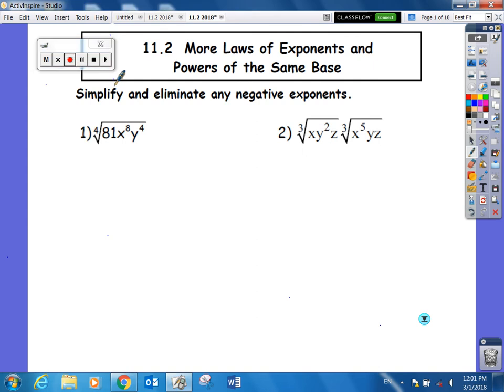All, be sure that you are looking at those laws and the properties if you don't know them, because again, you might use 2 or 3 of them at the same time. You might use one of them 2 or 3 times. It just depends on the problem. There's no way to say a problem like this, you're always going to use this. It just depends. Okay, so these first two, notice they're in radical form, and the directions do not say change